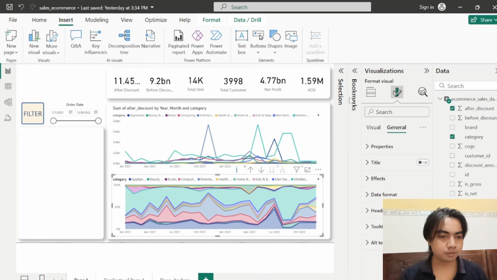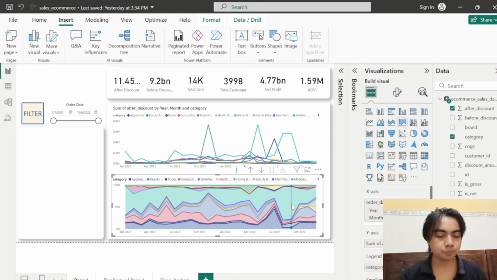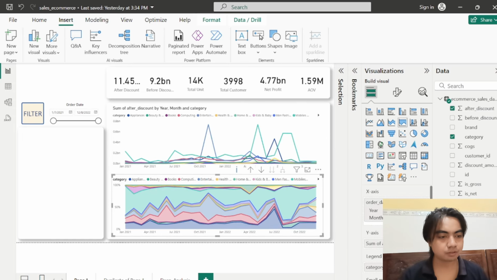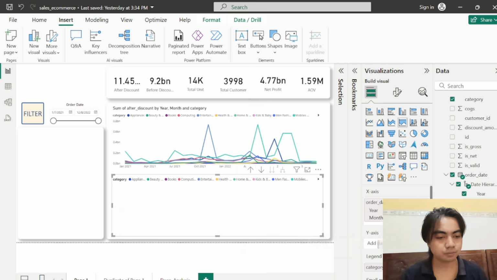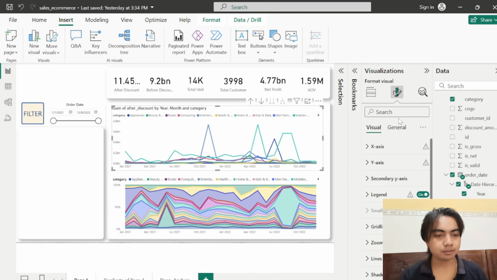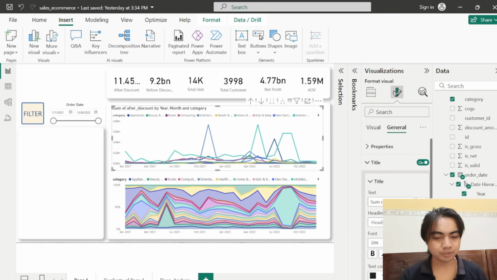So we also don't want this to be, so this one is the sales, right? The after discount. This is the revenue. What I want for this one is the quantity, the amount of order. So let's change it into quantity order. So we have something like that, and then we can go up here, change the title into something like